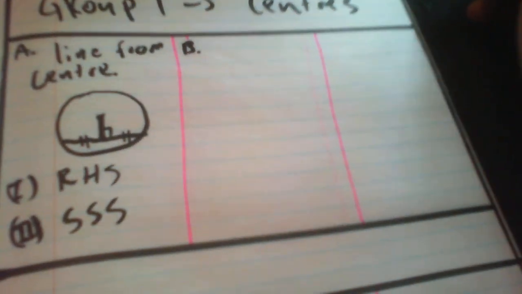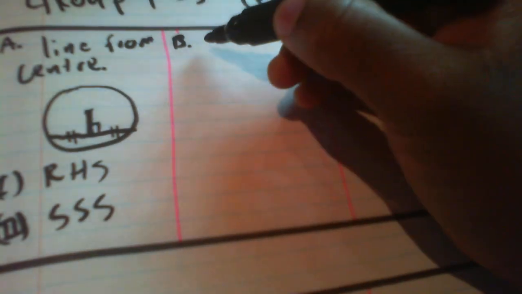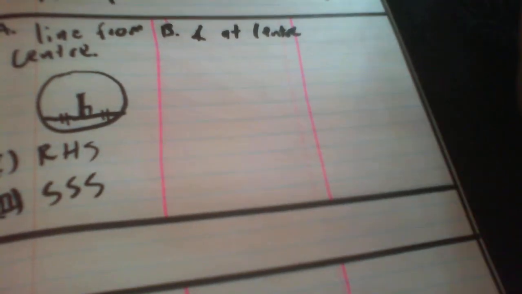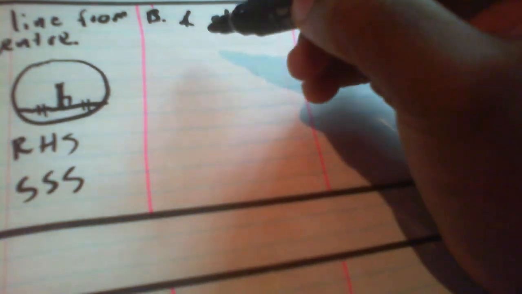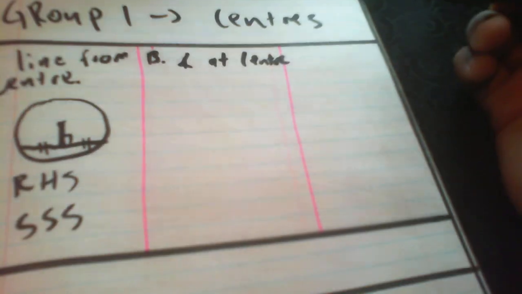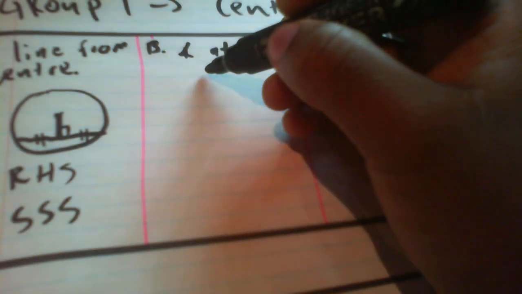And the second theorem in terms of the centers in group 1, it is angle at the center. Angle at the center is twice angle at the circumference. So I'll just write angle at the center, and